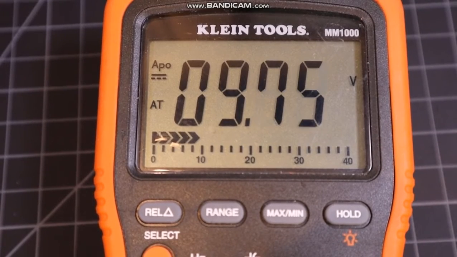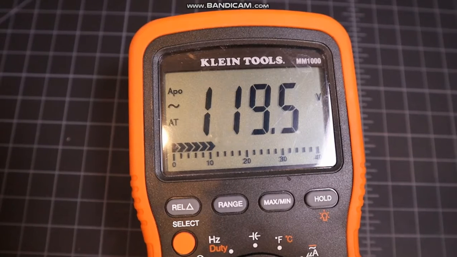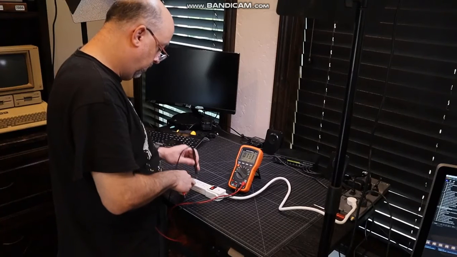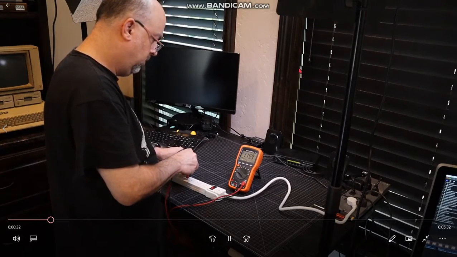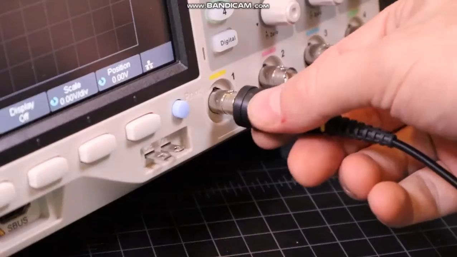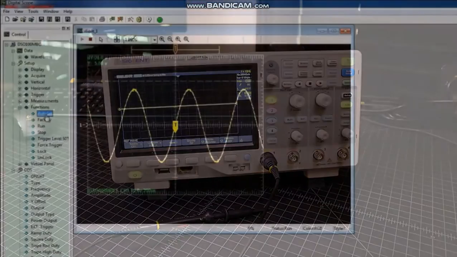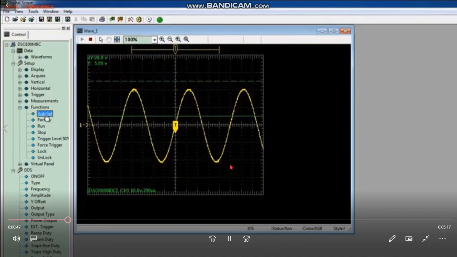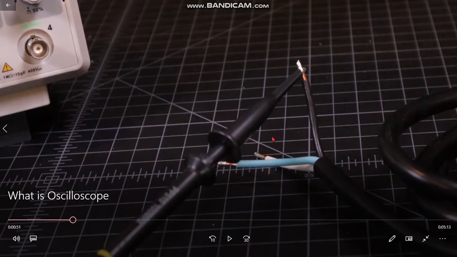See, the multimeter will only give you the reading. See, it connects like this.